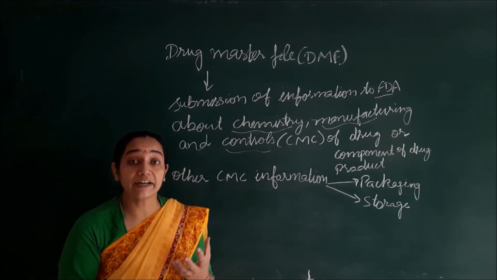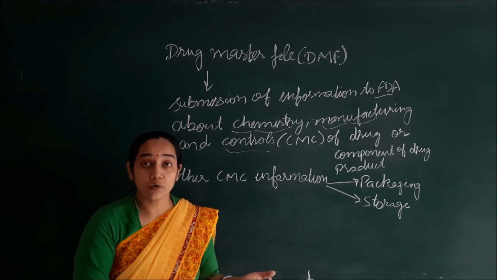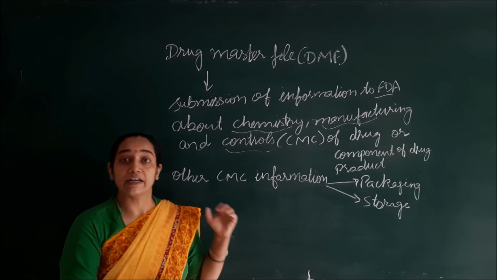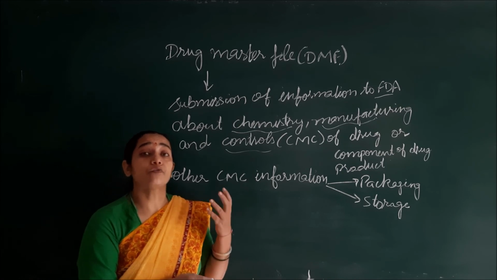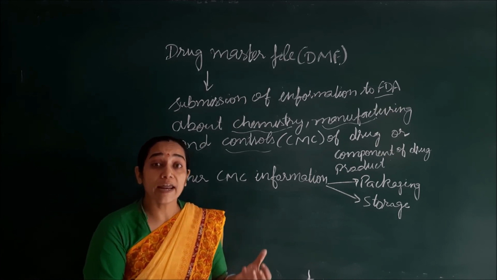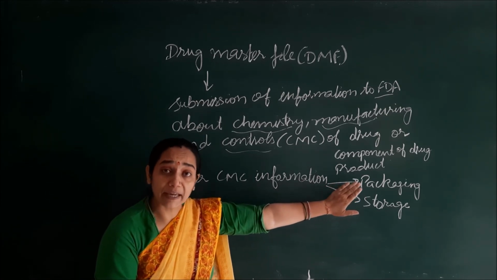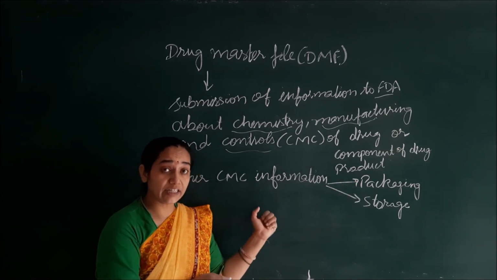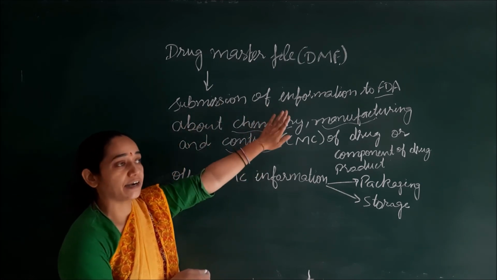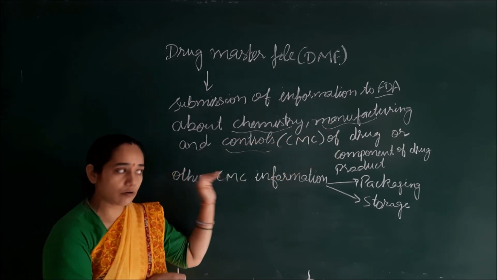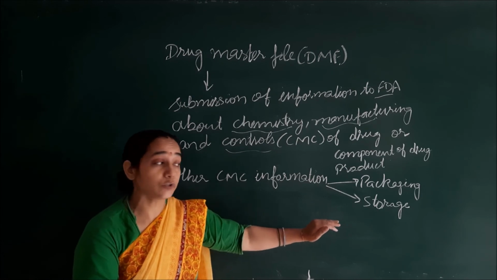And what will be the different components of that package material, meaning it will be a polyvinyl chloride derivative, it will contain PVC, polyethylene, polypropylene, whatever the nature of the plastic or aluminium foil included. The composition of that packaging material should be written in this part. This DMF contains all the information regarding its chemistry, manufacturing, control as well as the packaging container composition.